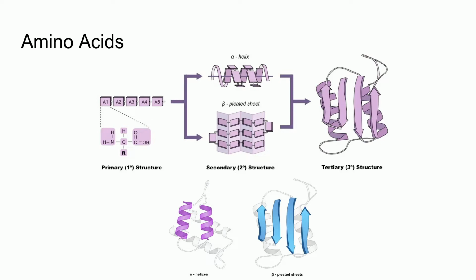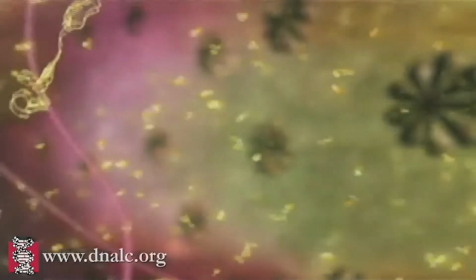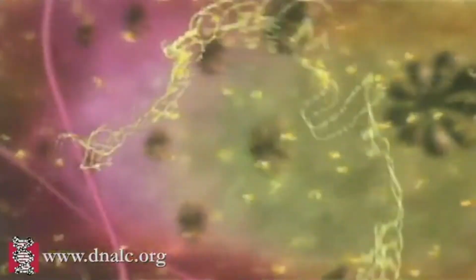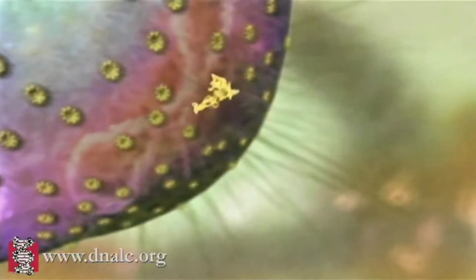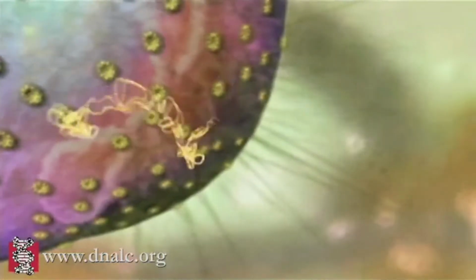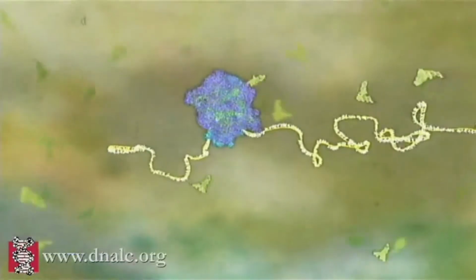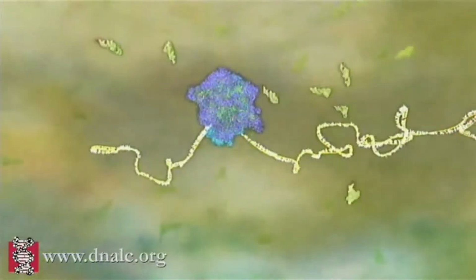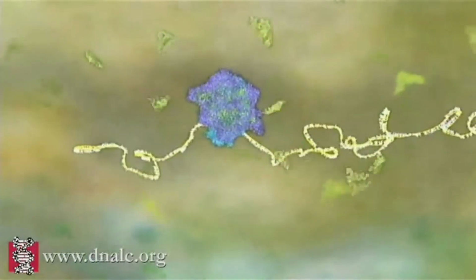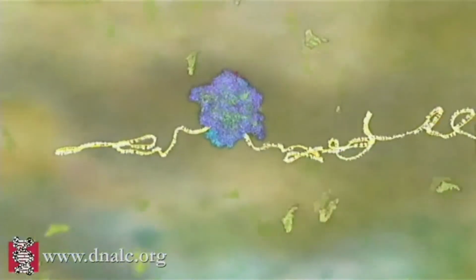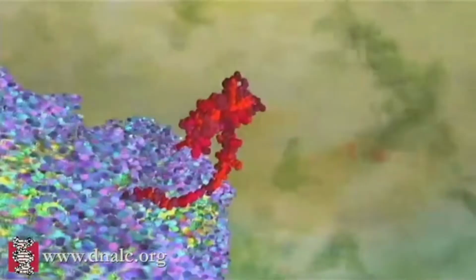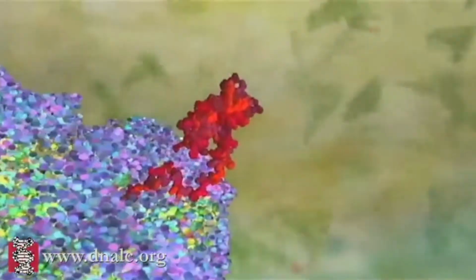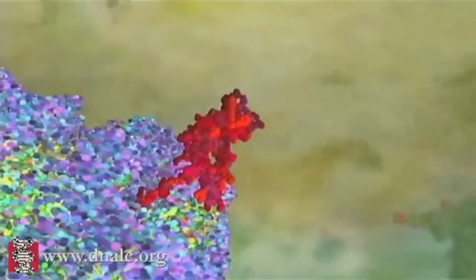Now let's take a step back and take a look at translation from the beginning. The job of this mRNA is to carry the gene's message from the DNA out of the nucleus to a ribosome for production of the particular protein that this gene codes for. There can be several million ribosomes in a typical eukaryotic cell. These complex catalytic machines use the mRNA copy of the genetic information to assemble amino acid building blocks into the three-dimensional proteins that are essential for life.